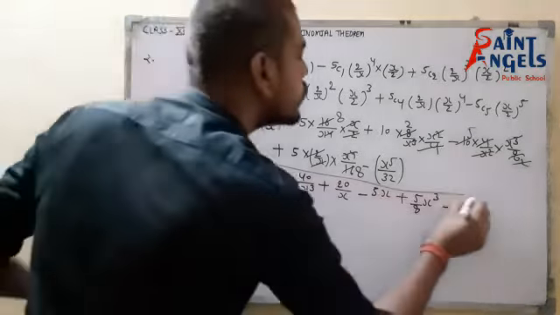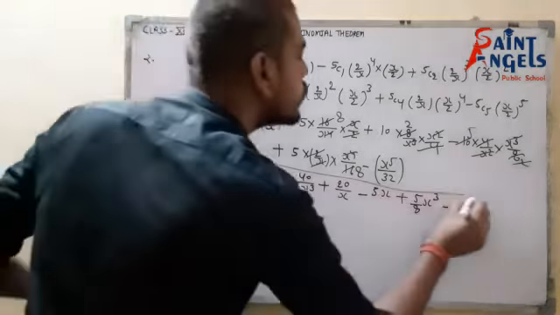Now look at question number 6. So questions number 6, 7, 8, 9 are similar. You have to do it by yourself. So we have to expand 96 to the power 3 with the help of binomial theorem. So can I write 96 to the power 3 like 100 minus 4 to the power 3? Okay, here 100 is a, and b is minus 4.